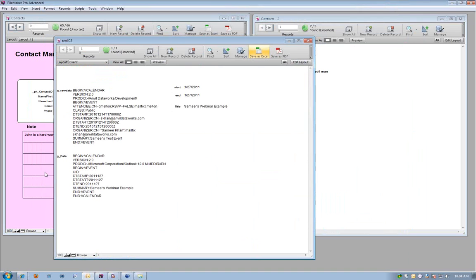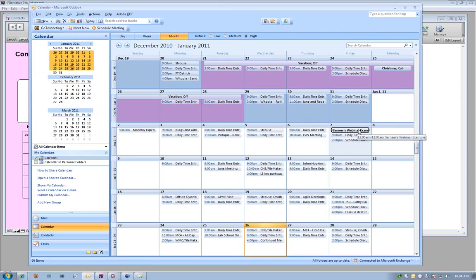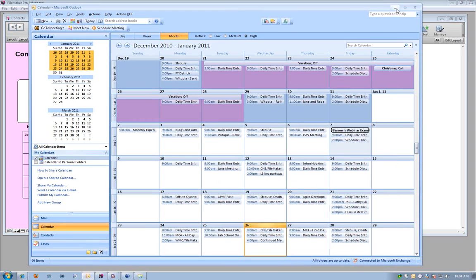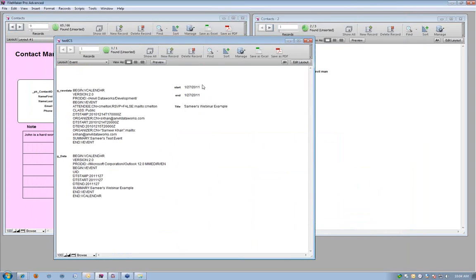So the idea is that what I'm doing is I'm creating an ICS file from FileMaker, and then I just open it up. And the ICS file is defaulted to open up with Outlook, which will then allow you to save this information, the ICS file, the one I created from FileMaker. Now, if you notice, I had a couple of little issues. Where's my 127? Right here, when I create this, and you have to do a little bit of research with this, but